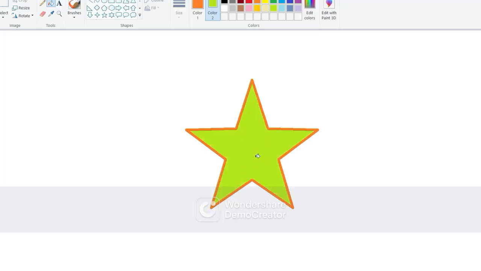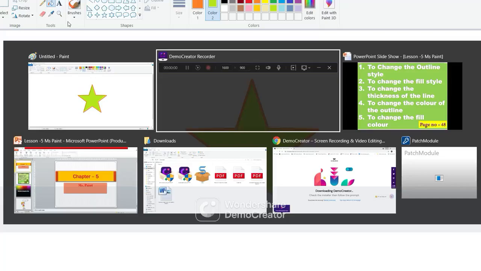So like this you can take a foreground color of your choice, a background color of your choice, and the Fill with color tool is there to fill inside color and to fill foreground color. Now dear children, let us learn a few more tools. Here you have a set of 6 tools. What is the use of these? Let us see step by step.